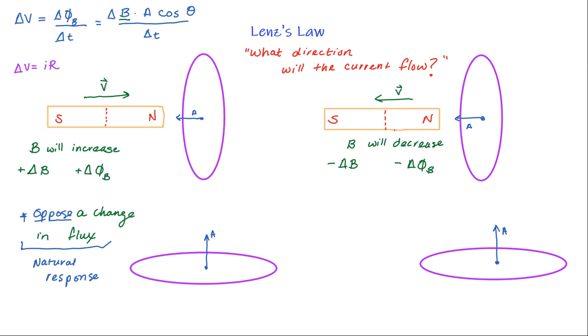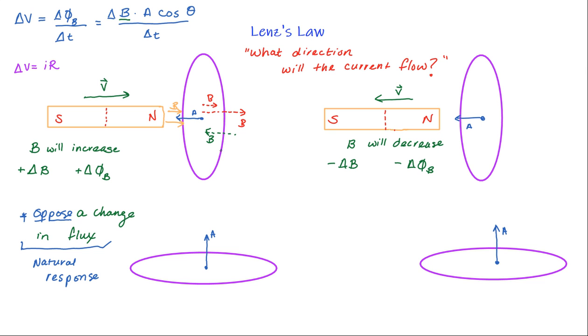So let's look at what's happening here. Here are my magnetic field lines. These magnetic field lines, I'm just isolating little tiny portions of it to make for fewer arrows. And what I'm seeing here is that the flux is increasing. So I'm going to draw an arrow here to represent the flux. Maybe it starts off small and it gets larger. Now to oppose that flux, what I'm going to need to do is generate a magnetic field in this direction